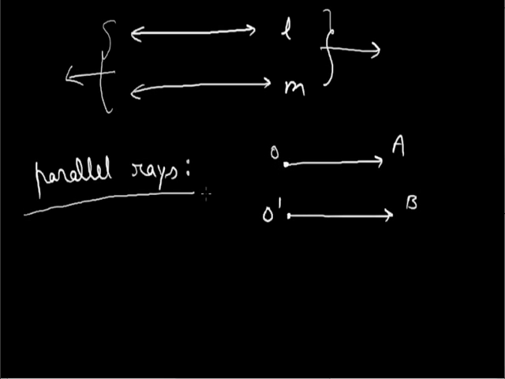First of all, a ray is a section of line, because a line extends indefinitely in both the directions, but a ray extends only in one direction. The other direction has a terminating point. So a ray has a terminating point and it extends in one direction only. So two rays are parallel if they will not intersect if produced indefinitely in both the directions. In the direction in which the ray is produced, we can produce it, but if produced forcefully in the other direction also, if both the rays do not intersect, then they are parallel.